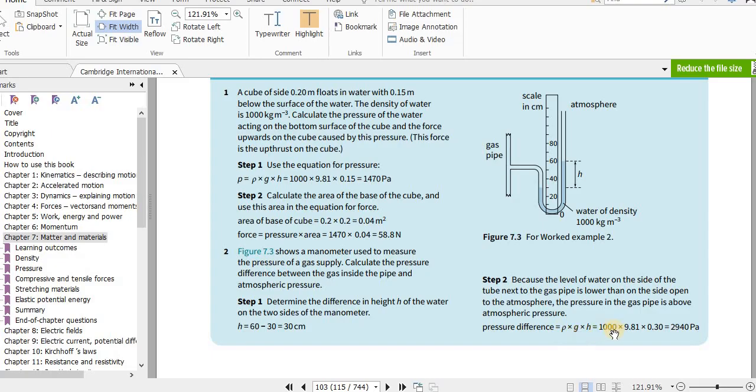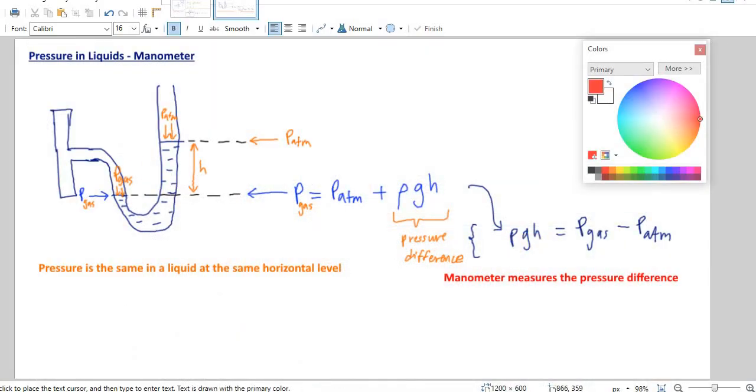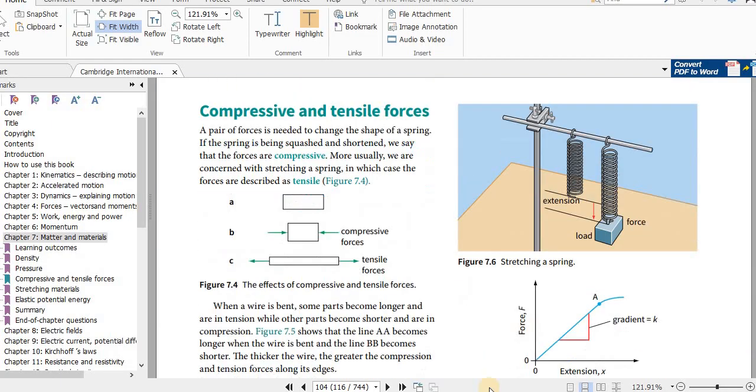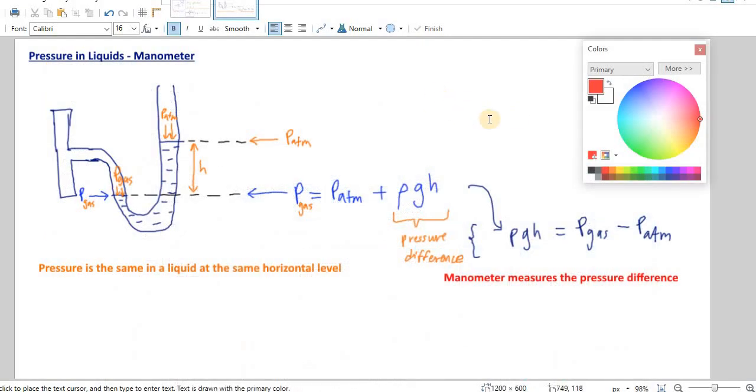So now we can use it here directly. The liquid here is water, the density is 1000. Remember, pressure difference in a gas is rho g h, and that is the same rho g h here. Okay, so rho is that, g is 9.81, h is 0.30 meters. Now this is in centimeters, we can convert it to meters. So we get 2940 pascals. Okay, so that is the main,